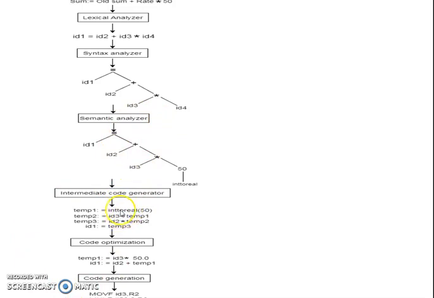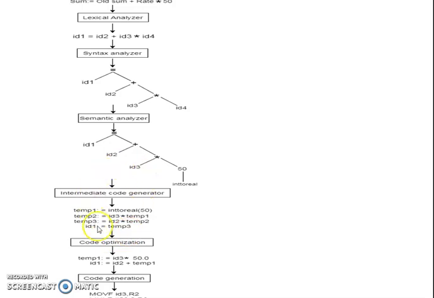For example, there is a conversion from integer to real. It will first store it into a temporary variable, then it will store identifier 3 into 50 in the next temporary variable, and identifier 2 into temp2 in the next temporary variable.